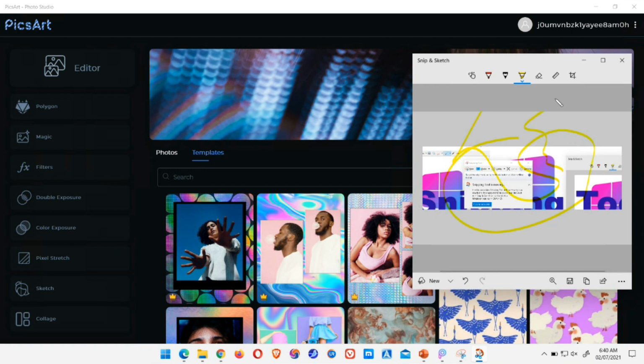It is quite handy because the basic options are available on the screen itself. We need not go to any menu options or anything else in order to perform the functionality. So this is one of the most important features, and one of the basic features that Windows has introduced, and it is quite handy.